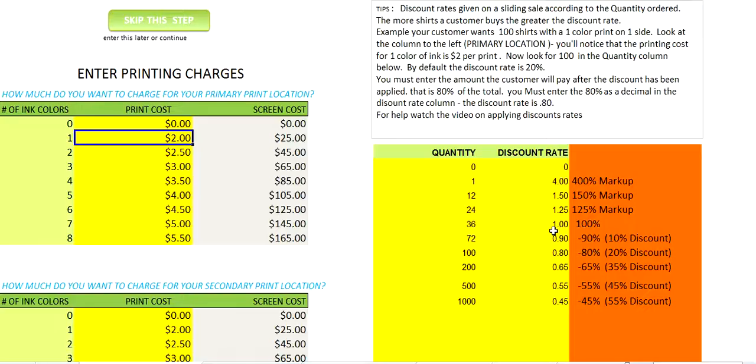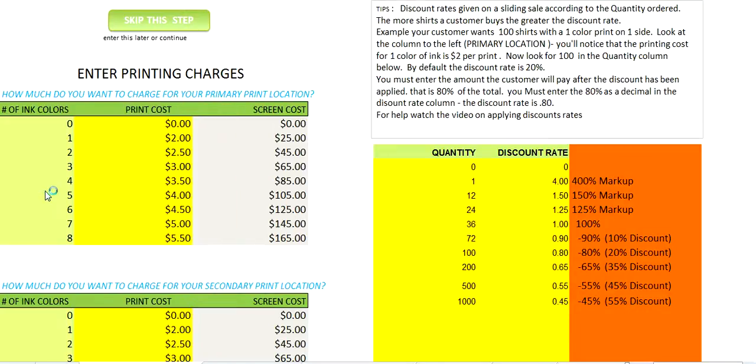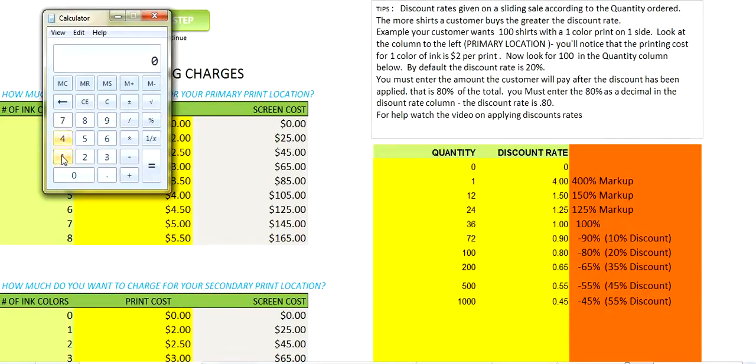To be able to understand percentages and discount rates, you have to understand percentages and markup. In retail, when we're talking about a markup of 200%, let's say we've got a garment that's $10. A 200% markup on a $10 garment is going to cost us $20. Now, if we want to do a 100% markup, 100% markup is only $10. So let's just say 10 plus 100%,